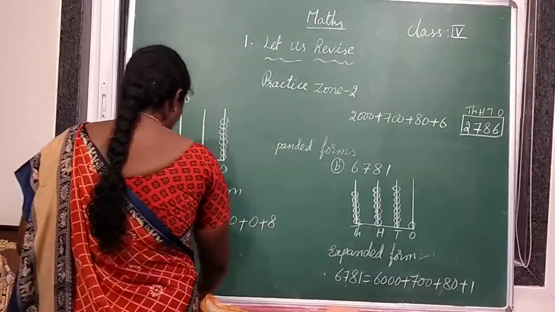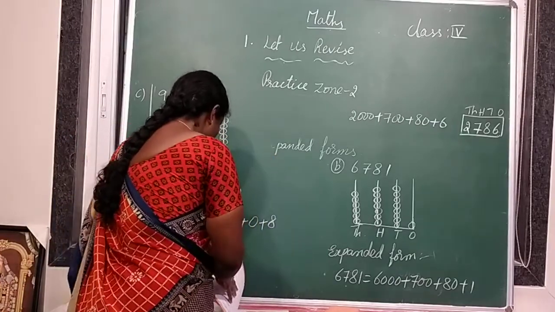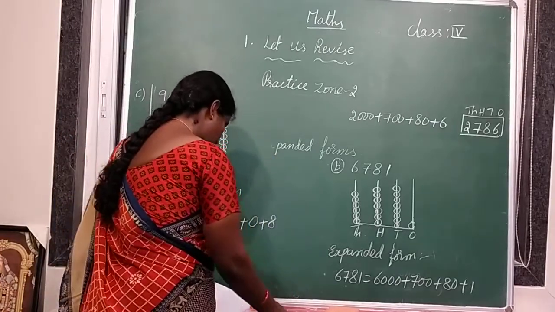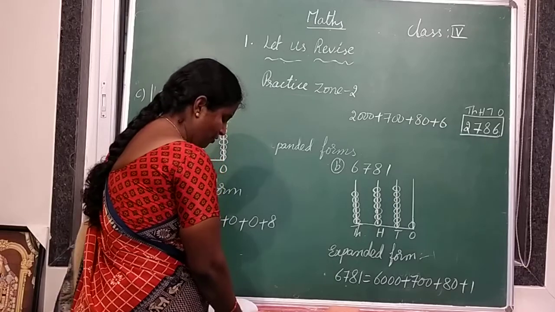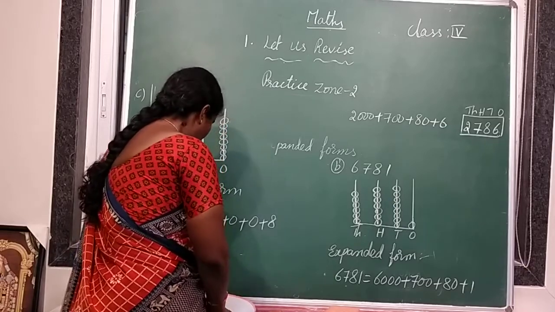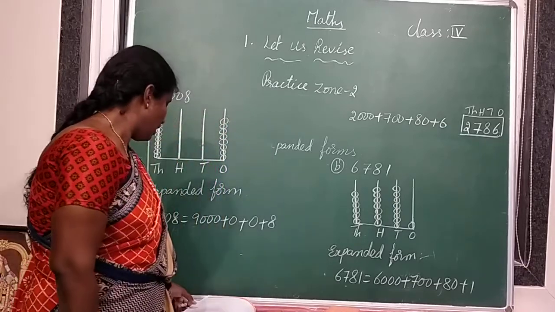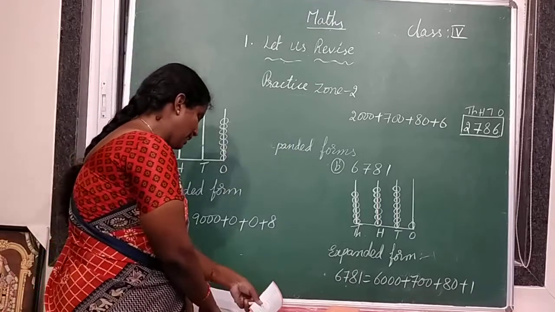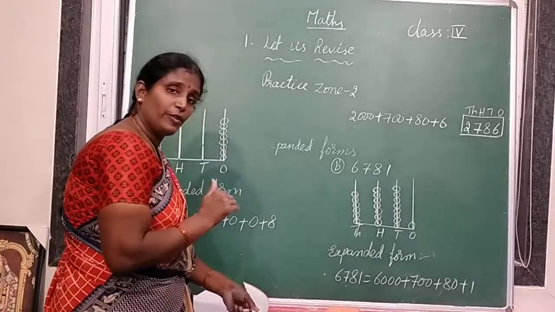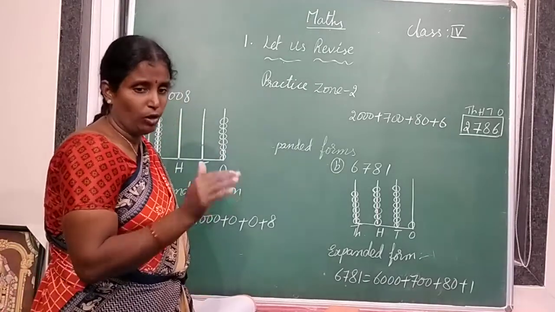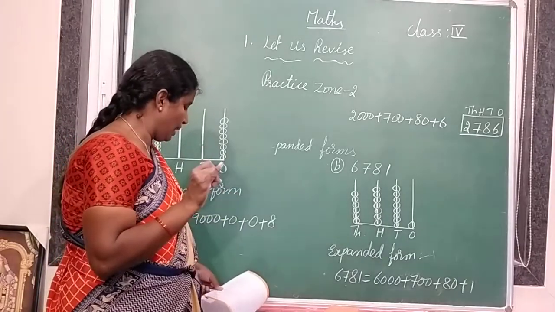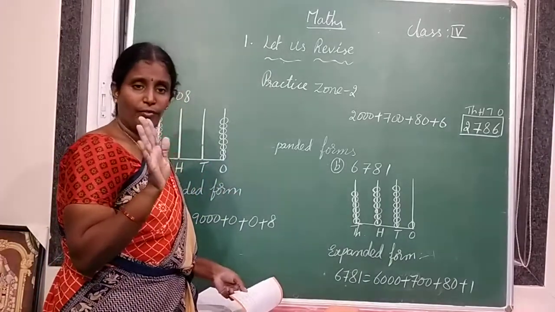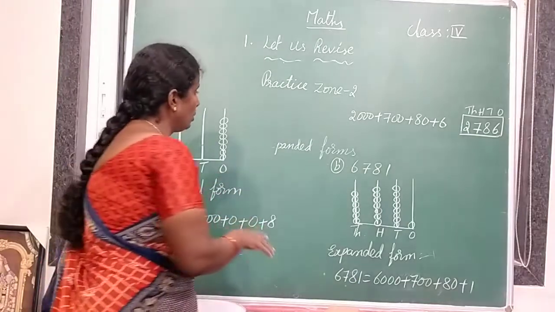Okay. So today's homework is in page number 5. In page number 5, first bit and second bit, and page number 6, third bit, fourth bit. Second bit is given in 5th page and 6th page also. You have to complete all the sums. So checkpoint 1, 2, 3, 4 from your worksheet. Understood?